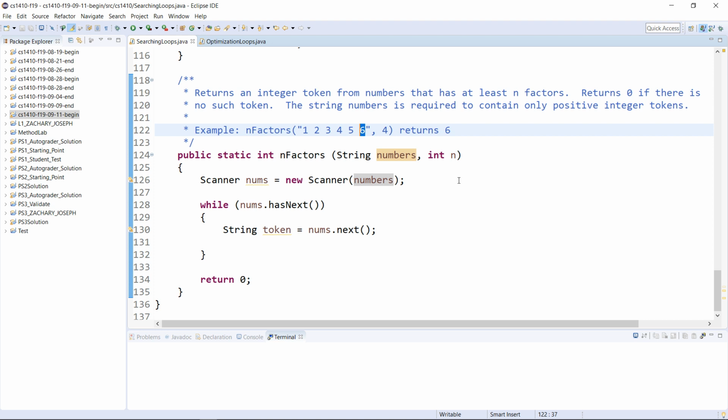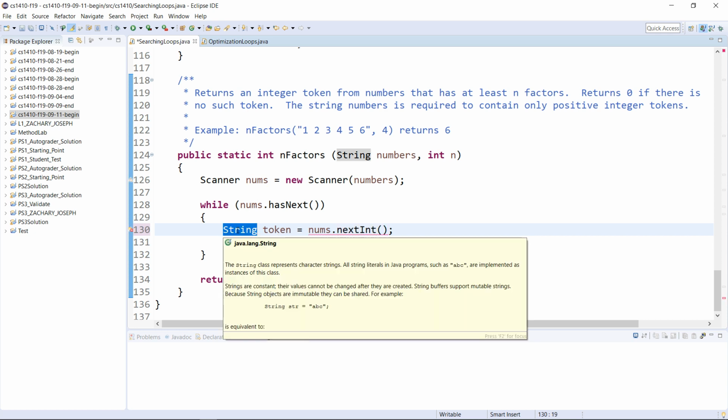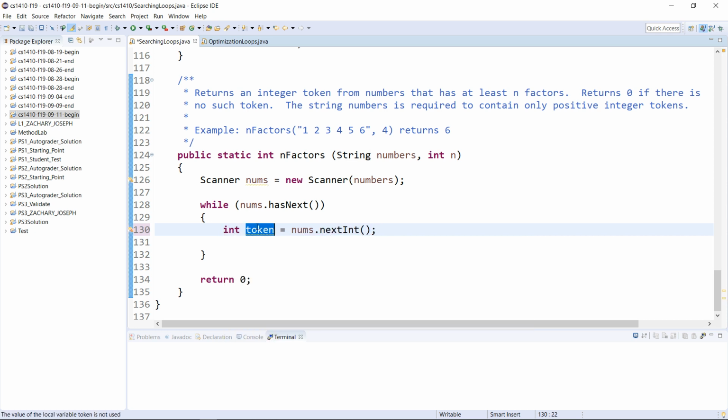I'll give you a few minutes to figure it out. This is a searching loop, so you're going to add some code here, and possibly you don't even have to change that. It says return 0 if there's no such token. And actually, let me make this easier for you. When we pull the tokens out of this thing, we ought to pull them out as ints, because we need ints. So given that as your starting point,